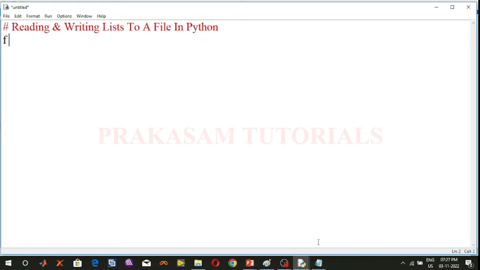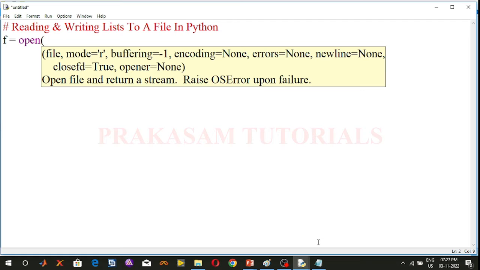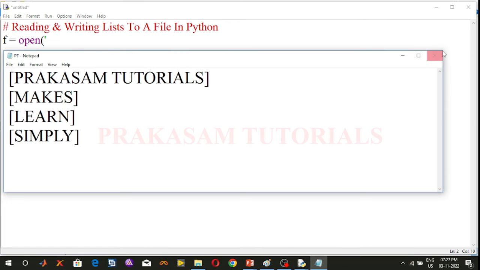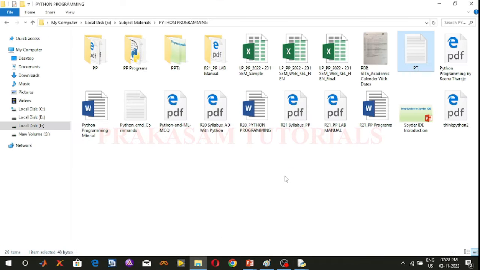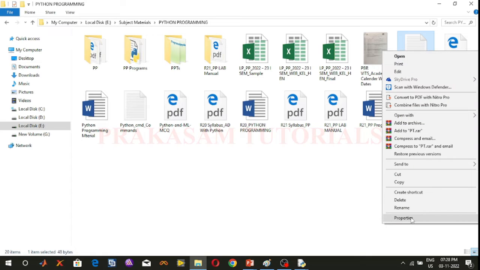f is equal to, using the open command, open of. The general syntax of the open command is file name. Inside the single quotation or double quotation, copy your file location. My file is saved in the E drive, subject materials, Python programming. This is my file. Right click on this file and click on Properties